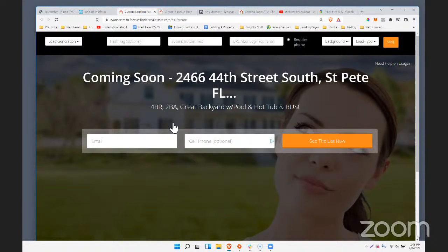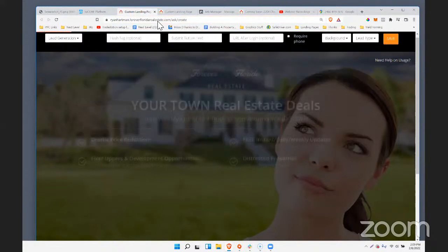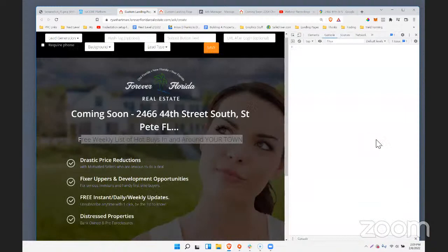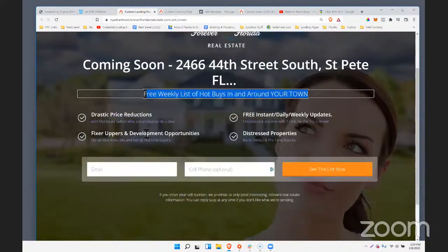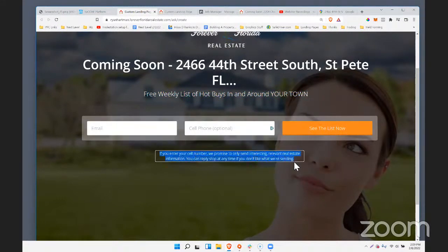for the cell phone message, I double clicked that too soon and got rid of it. I can't bring it back. But you could say, if you enter your cell number, you'll receive a text message the minute it's available to show. And really, that would be kind of cool, wouldn't it? I wanted to show you that cell phone line under here as a landing page technique. If people are going to see the cell phone optional, you want to give them a reason why, right? So if you enter your cell number, we'll shoot you a text message as soon as the property is ready